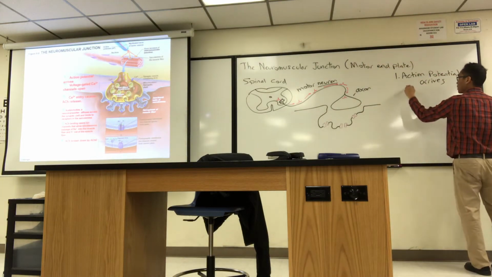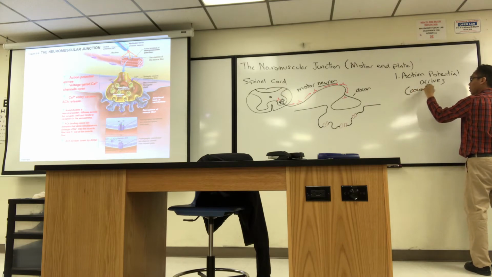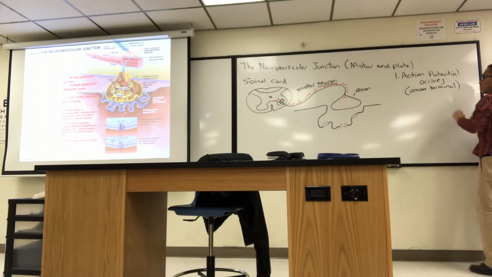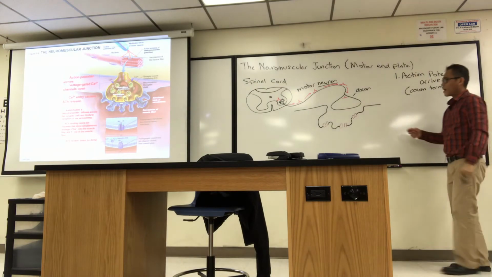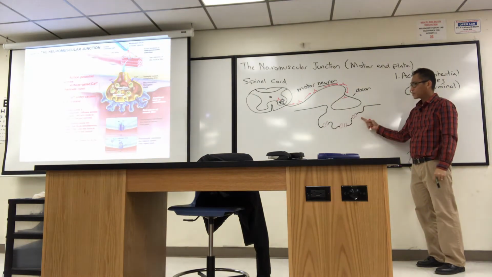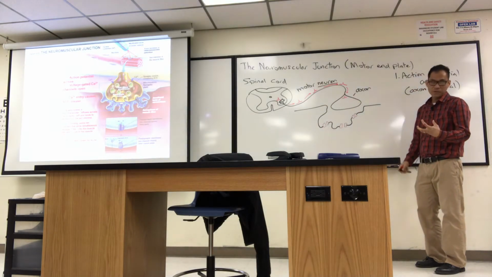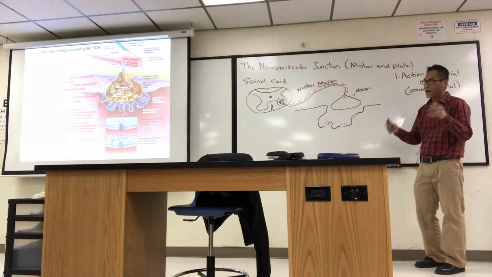I'll add axon terminal. And the way that the motor neuron will communicate with the muscle cell is a chemical interaction. So when that action potential arrives, it triggers this chemical release event. Now what has to happen